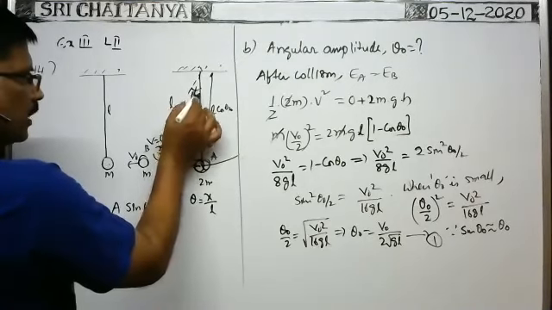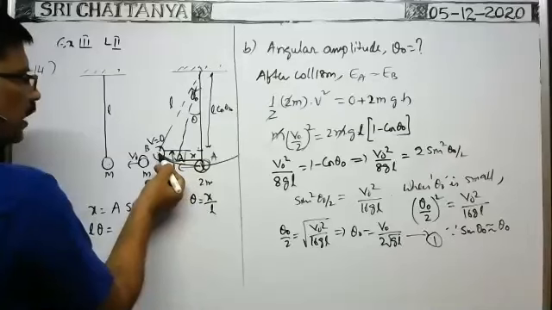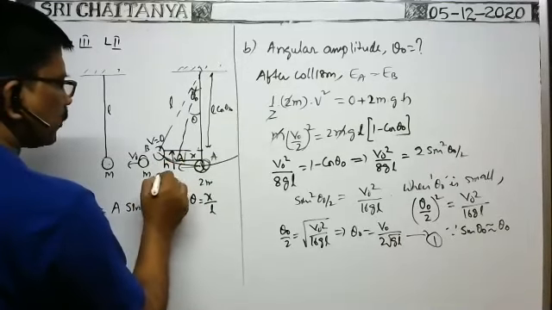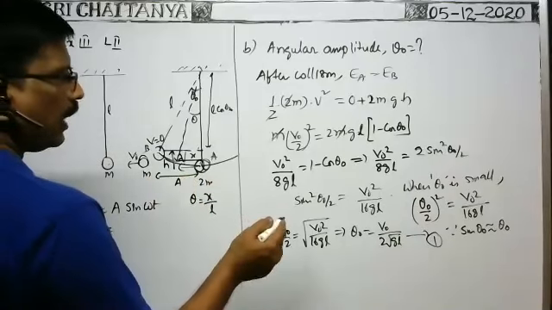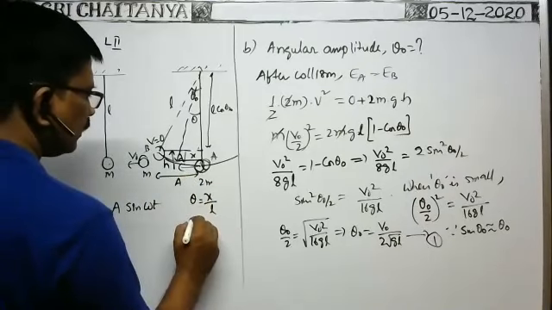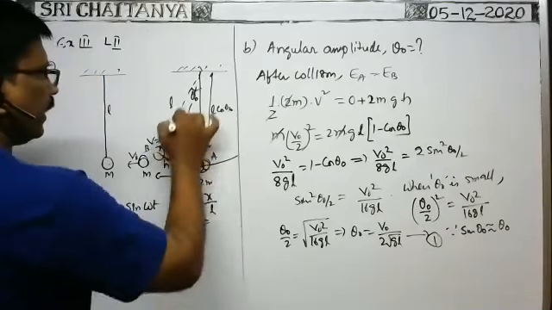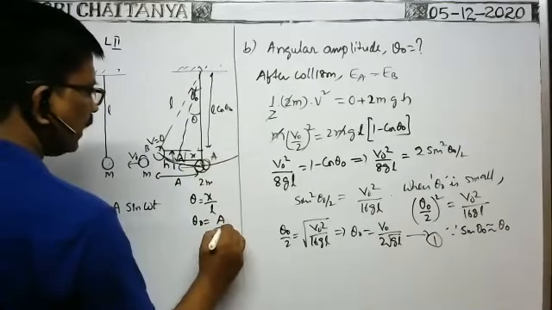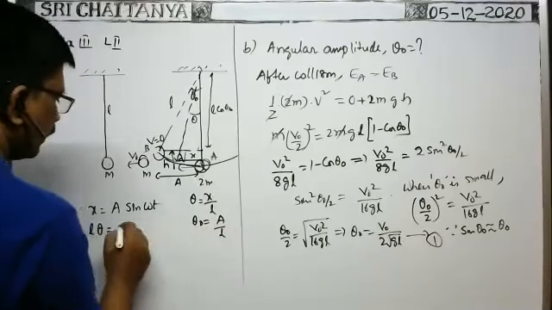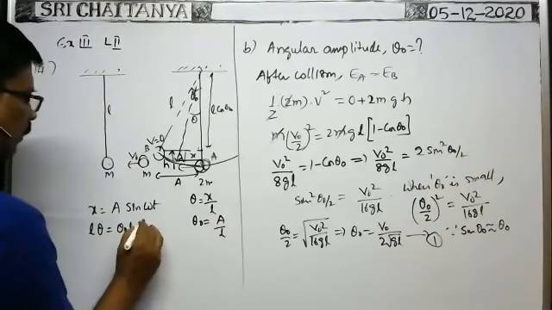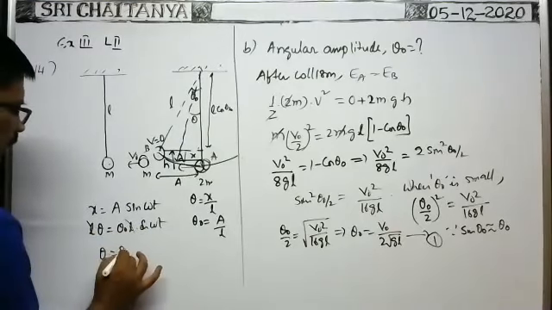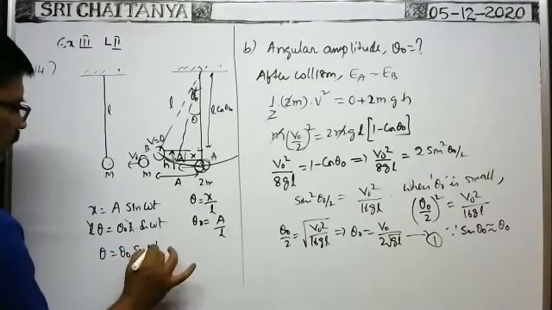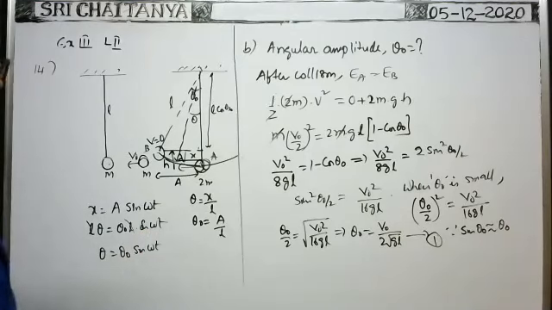Whenever the angular displacement is theta naught, the displacement of the bob is maximum. That is equal to the amplitude only. This distance is the amplitude A. Therefore, theta naught is equal to arc by radius, that means amplitude by L. So A can be written as theta naught into L into sin omega t. L and L cancel, so theta is equal to theta naught into sin omega t.